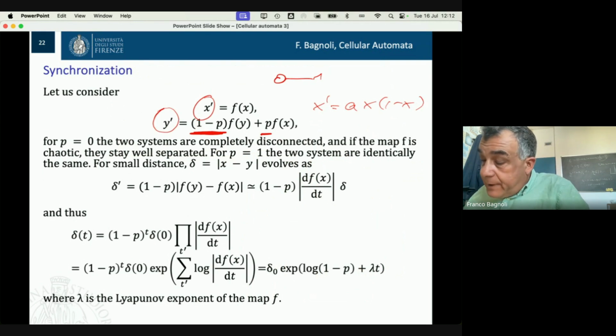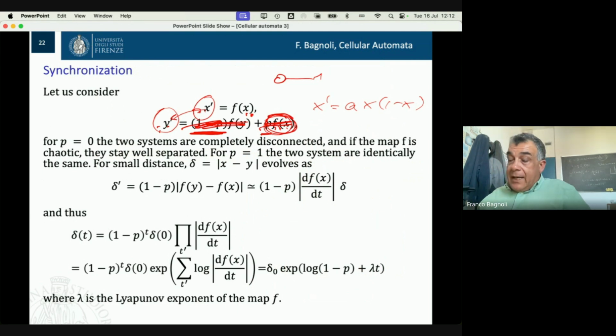You see that if P is equal to 0, then this is not present, and this is not present, and so essentially you have two independent maps. If the map is chaotic, they diverge. But if P is equal to 1, now this disappears, this is equal, and so X and Y are equal, X is equal to Y in just one step. So there is a critical value of P for which the distance between X and Y goes to 0. And you may wonder